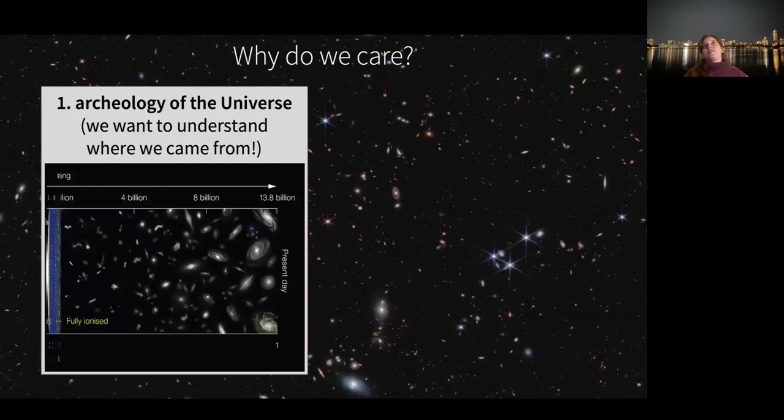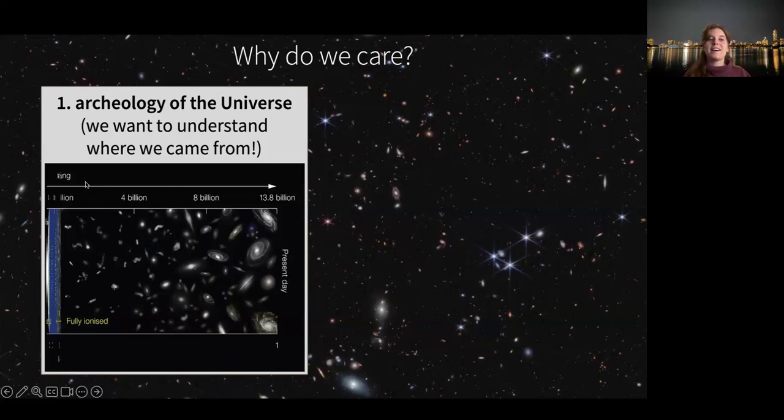So another word that people like to use is beacons. They serve as these beacons from very, very far away and even from intermediate distances, and you can use them to figure out how the universe has evolved. And this ultimately comes down to some form of desire to understand where we came from, and how our picture of our home galaxy and our solar system and the Earth and everything is embedded in this larger context of the evolution of the whole universe.